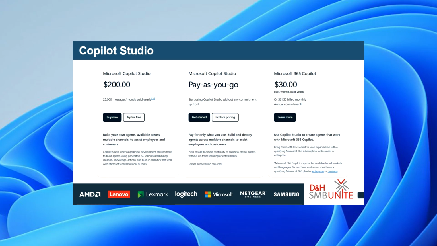So any queries you make on that stay within your company's domain. With Copilot Plus PCs, any AI that happens happens on device. So we'll talk about how that's different as we transition over to Copilot Plus PCs,